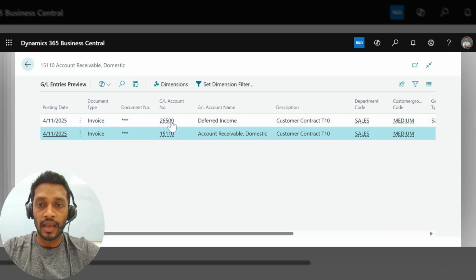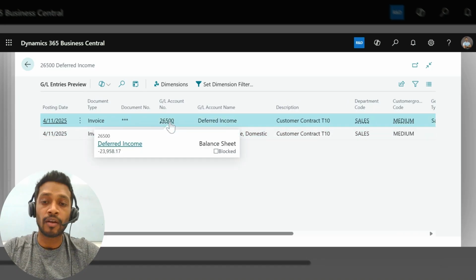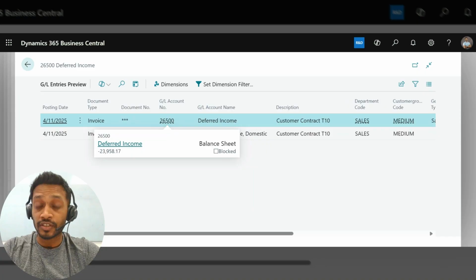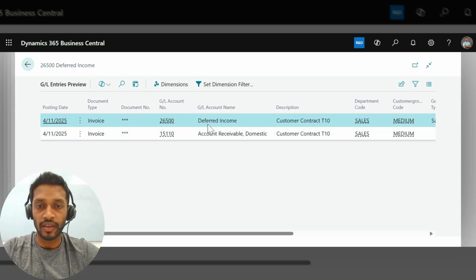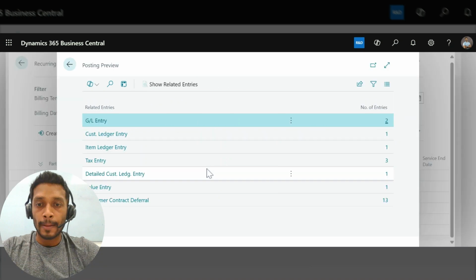We'll show you it. And the deferred income account will have to be set up in general posting setup, and we'll show you at the end of the video where we have to set up this deferred income account. Right, then